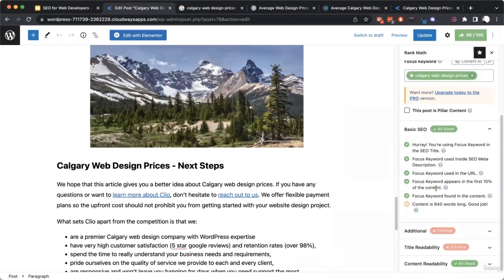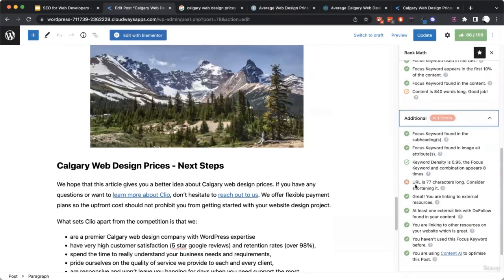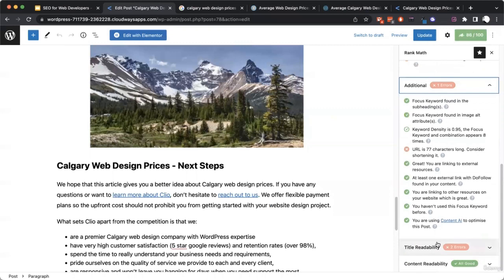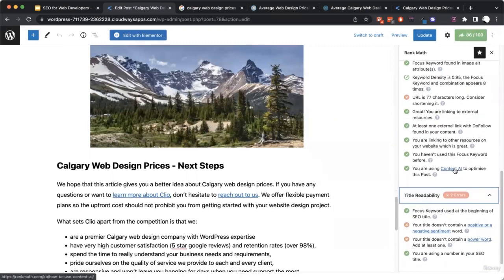Some of the things I could improve more, for example, it's considered short at 840 words. I'm assuming that some of these other content pieces on Google are longer, so it's giving me an indication I should probably beef this up a bit. Another thing is my URL is considered long. That might be because I'm in the staging site, and I don't think I would have the same error on my live site, where my URL structure is shorter. I'm not going to go through all of them. All of them are fairly